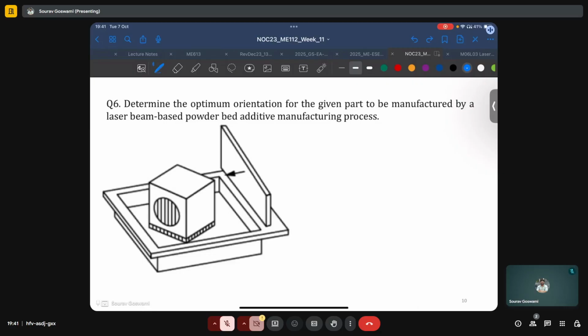Here we are seeing that there are support structures subtended on the internal surfaces. And what we can try to do is maybe minimize the support structures and try to improve the surface finish, especially on those internal surfaces. And to achieve this, in this case, the guidelines can be to minimize the support structures